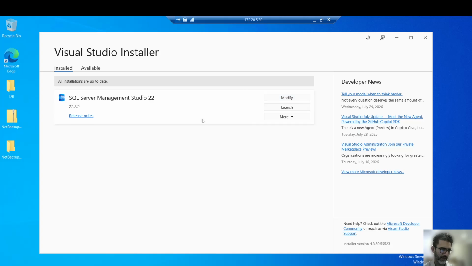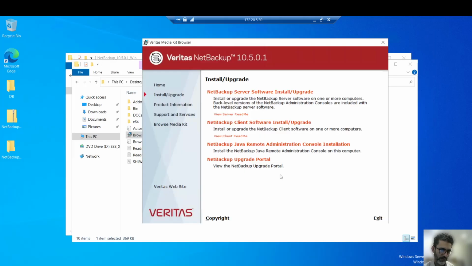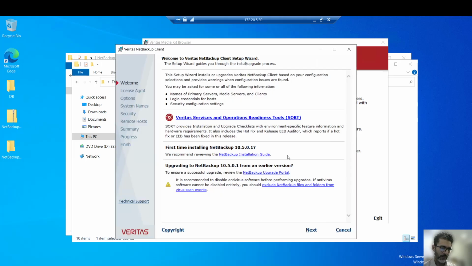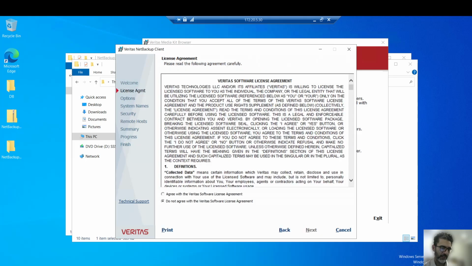Okay, so it's saying it's already done. Another setup is running. Let me close this one and do it one more time. I detected that another setup was running at the same time. All right, so just go ahead, click next. I agree, next,